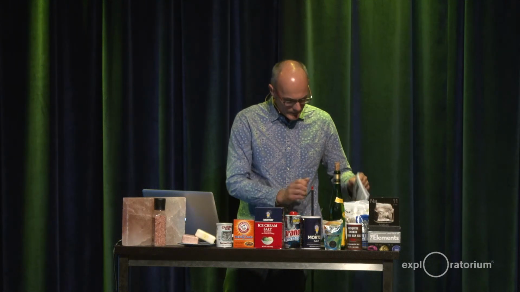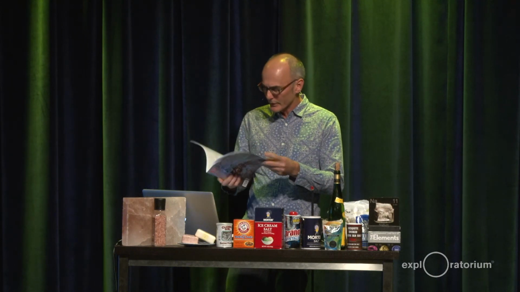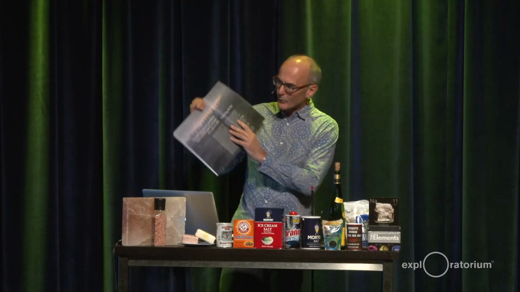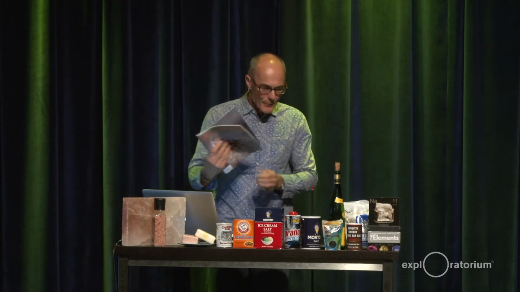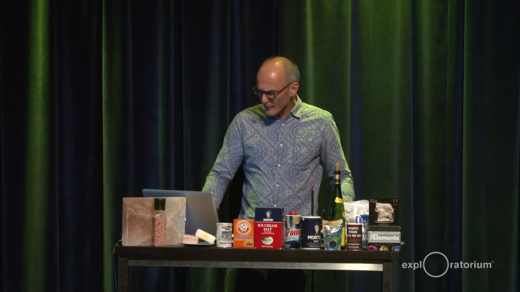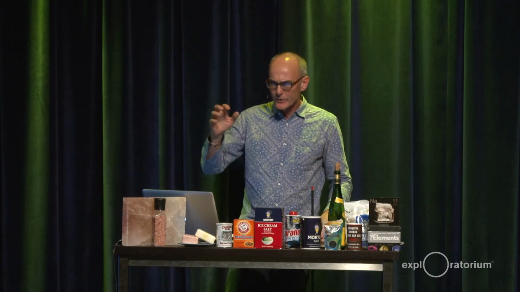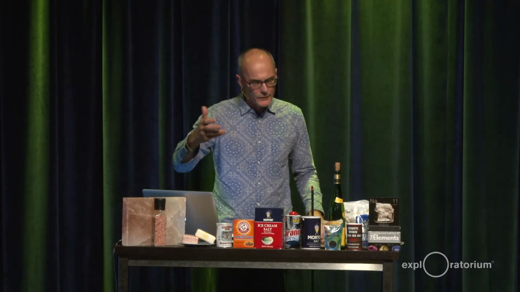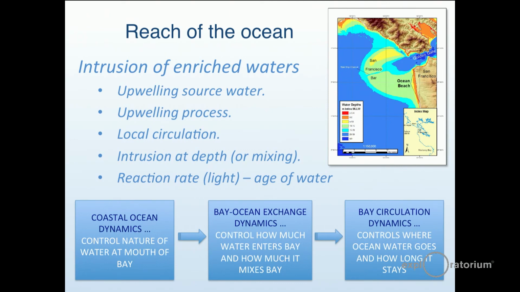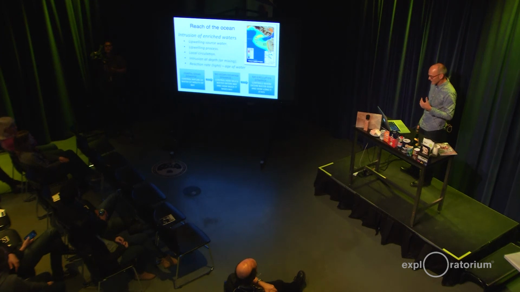Had a nice little article recently in Bay Nature, which I probably should have put into the presentation, so you can read what lurks beneath about some of the work that we're doing. And really what we're trying to understand is the reach of the ocean, not where does the salt water go. Remember, salt is conservative, but where do those reactive things go, the oxygen, the nutrients, the pH? And it really depends on how old the water is. So when there's a strong freshwater flow, the salt might not go very fast, but it gets there very fast. And so probably the reach of the ocean in a reactive ecological way is more when there's fresh water.